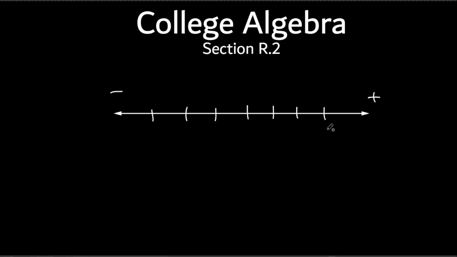So on this number line are points, and sometimes we put lines here so we can figure out where the points are, and we try to keep them evenly placed. A lot of times you'll see the zero right in the middle. It doesn't always have to be in the middle, but